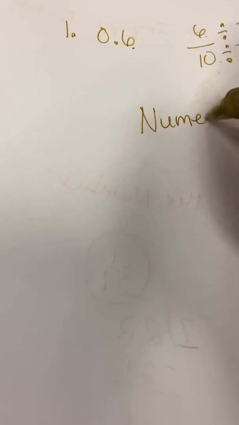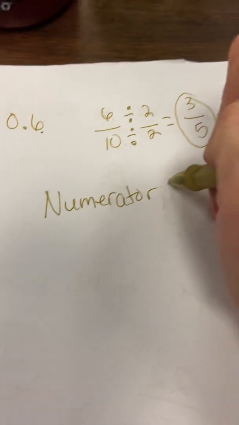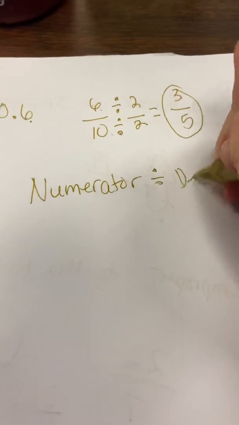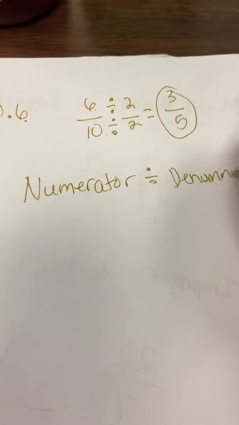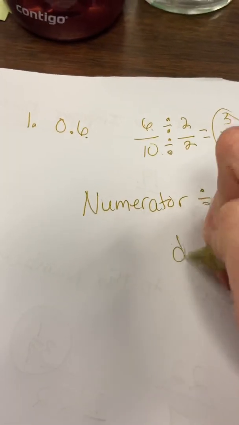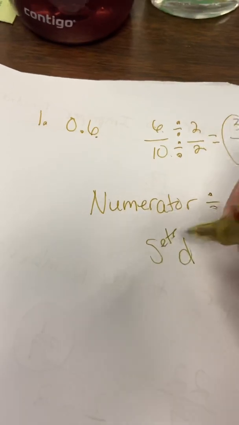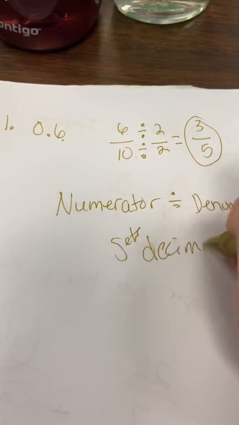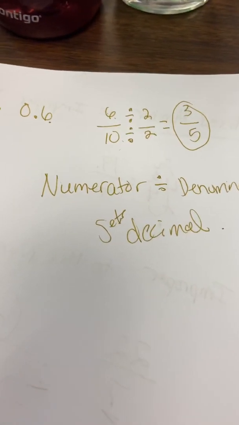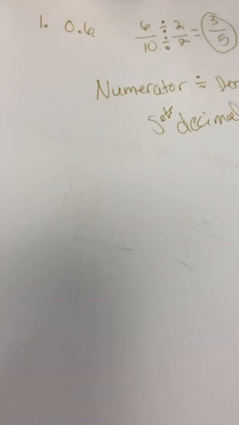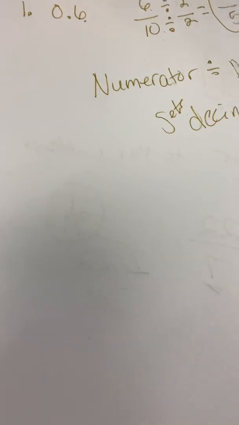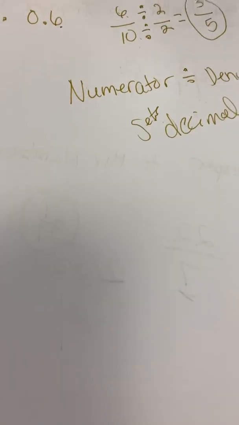So I'm gonna divide numerator divided by denominator to get my decimal. That gets you your decimal. Remember that, okay? So then if I have a fraction such as number 7, which was 4/5, and I want to